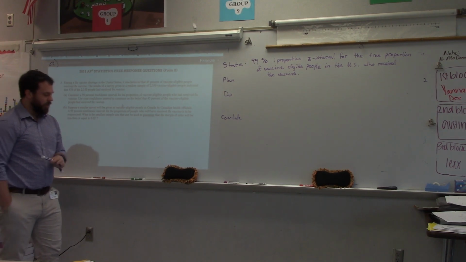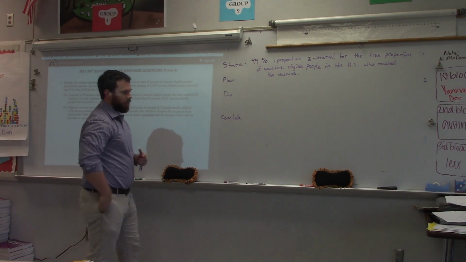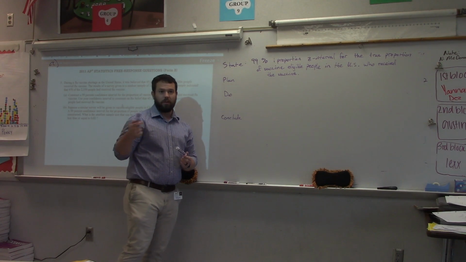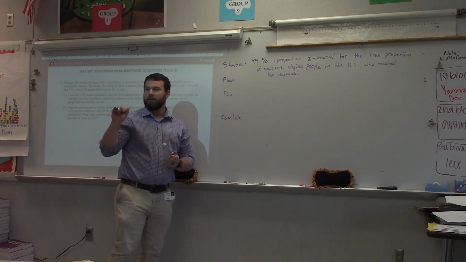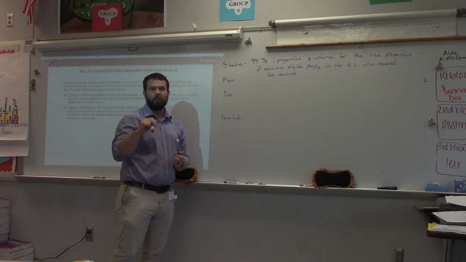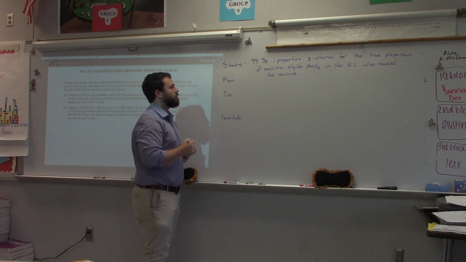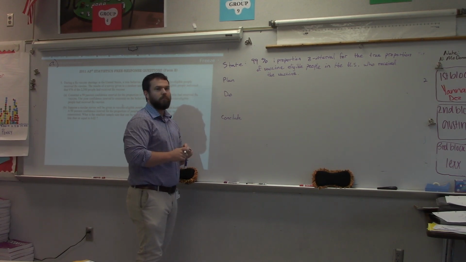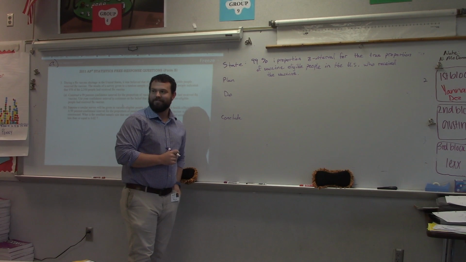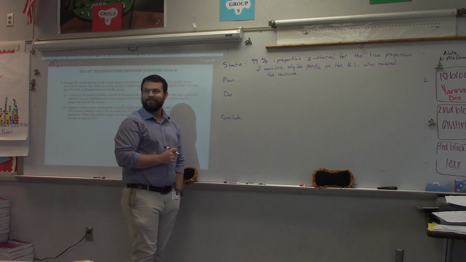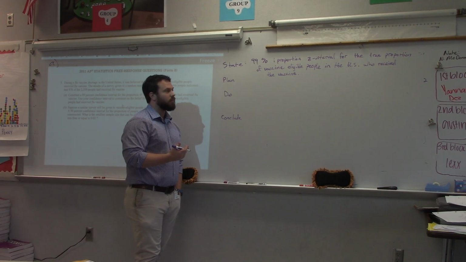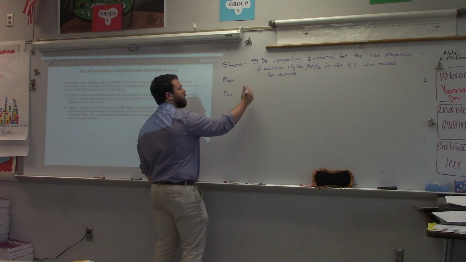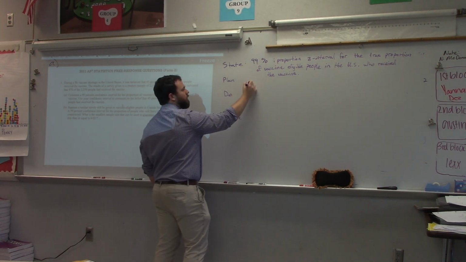Plan. What's the plan then? This is where the conditions come up that y'all were talking about. But does anyone remember what I like to write to help me remember what conditions to think about? I just remember the conditions. I know. You don't have to write this part, but I recommend it. I write out the formula. We said it was a 1 proportion Z interval. What's that formula? The square root of